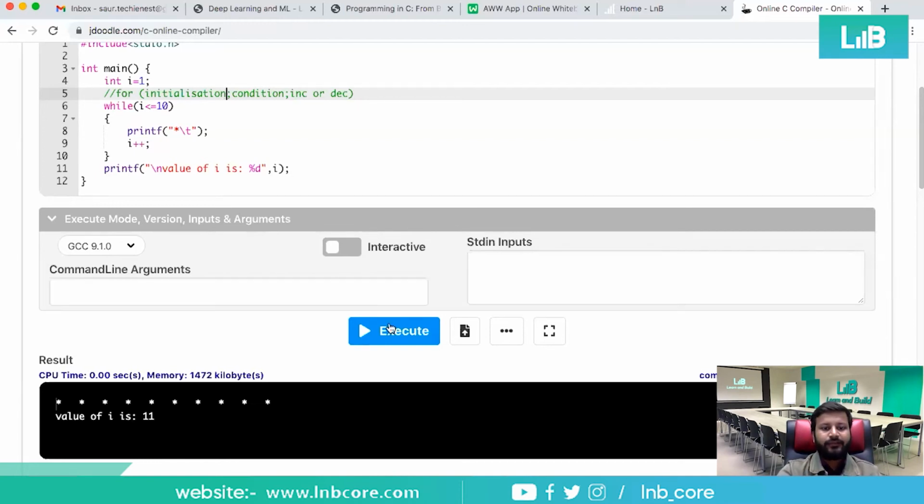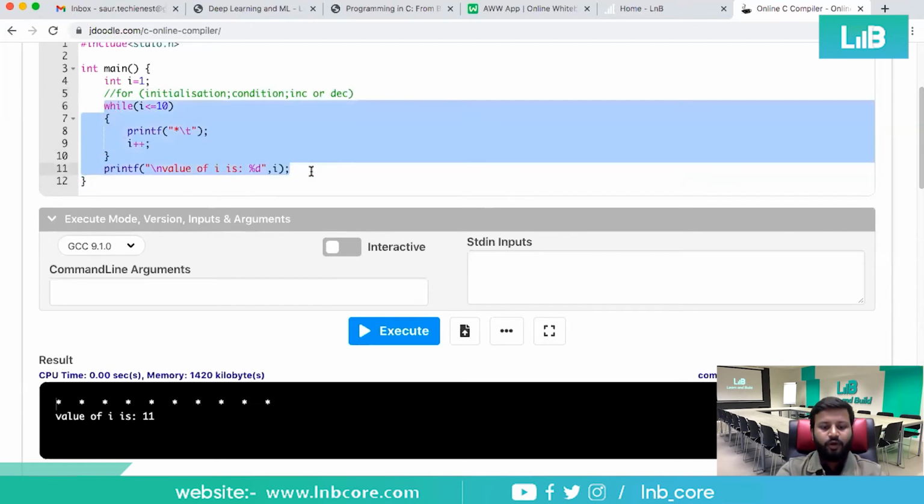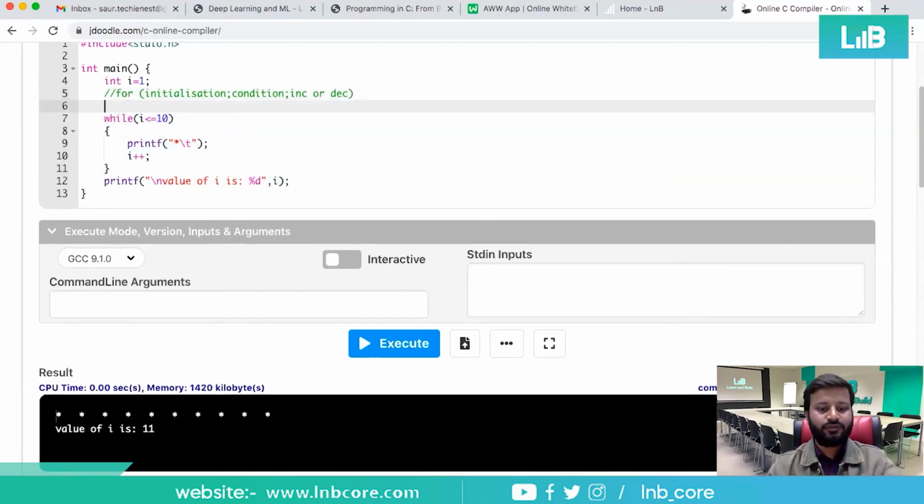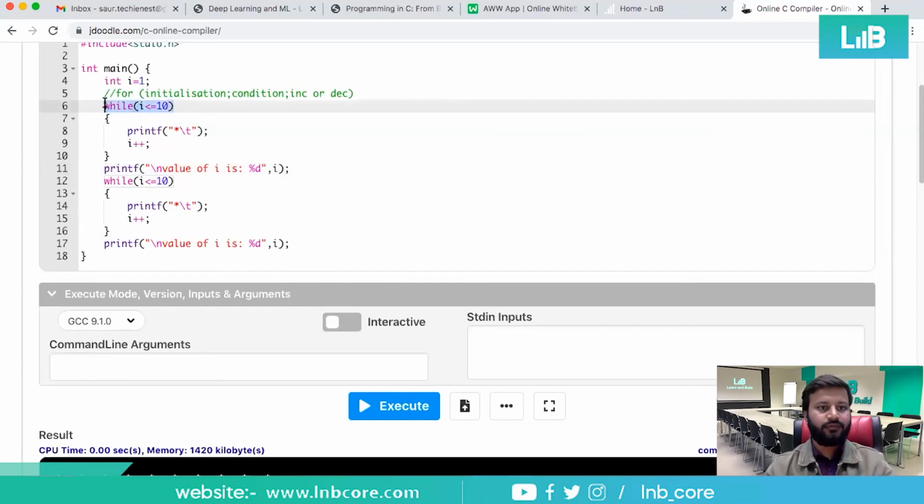If I execute it now, Akriti, you were asking about the value of i, I hope. When we come out of the for loop, should I copy this and show you the execution of both? Here I would use a for loop: for int i is 0, i less than or equal to 10, i plus plus.